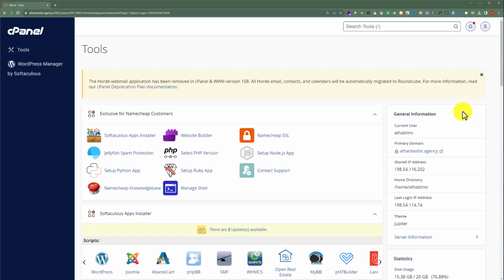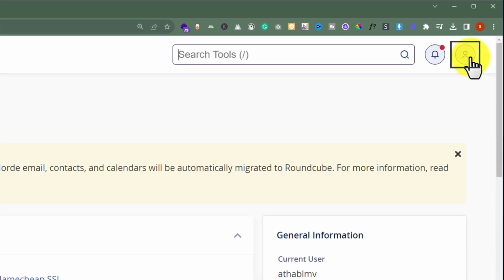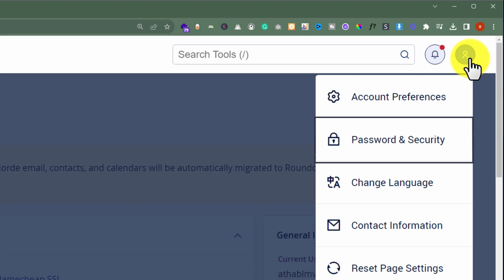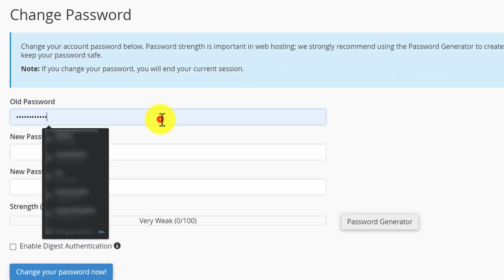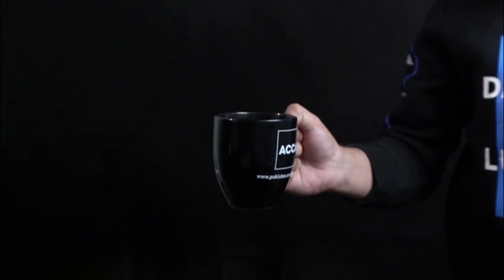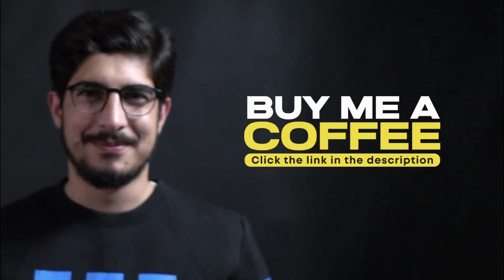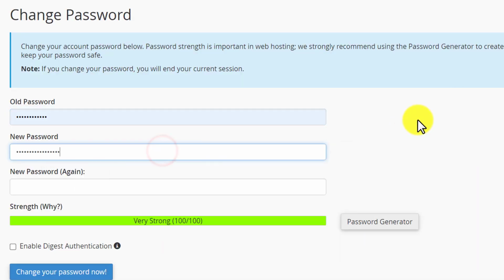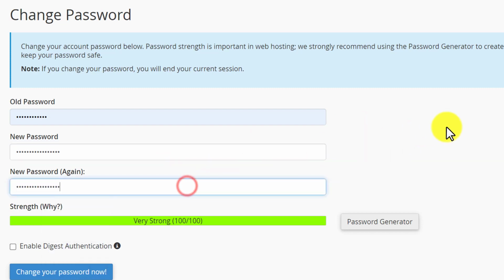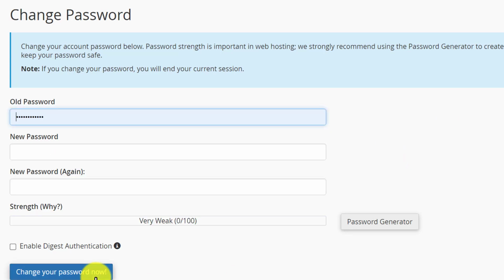Now to change our Cpanel password, from the top we are going to click on this account icon, and after that we are going to select password and security. Now at first we are going to enter our Cpanel old password here. And after that we need to enter our new password, and then we are going to enter our new password again. And after that we are going to click on change your password now, and in this way our Cpanel password will be changed. So this is how you can change Cpanel password, but unfortunately there is no manual way